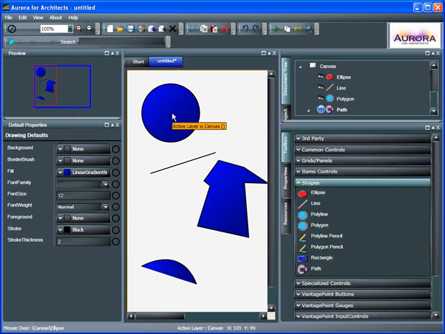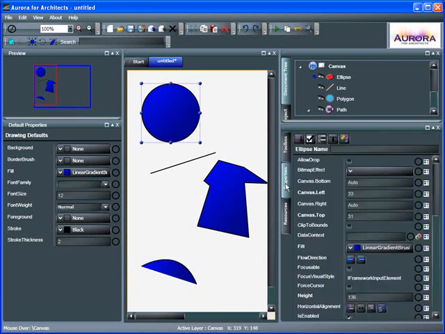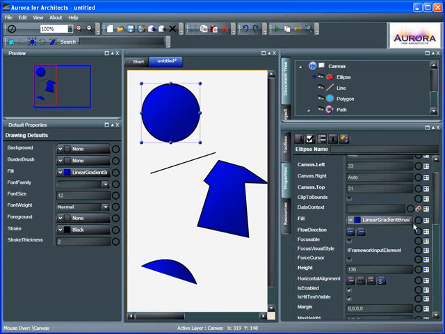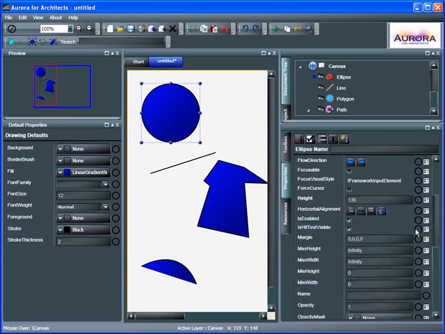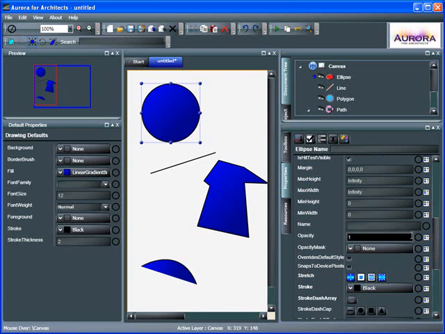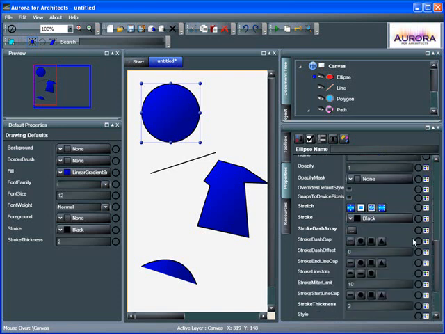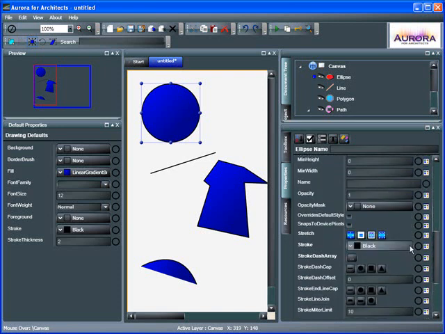Let's take a look at the ellipse again and Properties panel. So click on the Properties tab, and as you can see there's quite a bit that we can change in here. And I'll just go ahead and scroll down real quick. So let's go ahead and change a couple, 3, 4 of these just to get the feel for working with